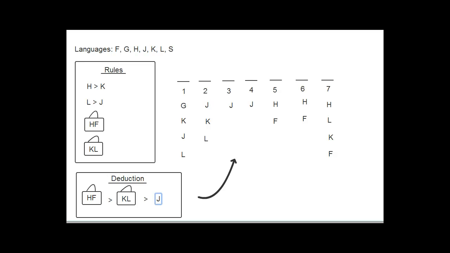A says the French award is presented immediately before the German award is presented. So if French was immediately before German, that's telling us that it's going to go HFG. Okay, and the Korean award is presented immediately before Latin. So that's telling us we have HFG as a block, and then separately